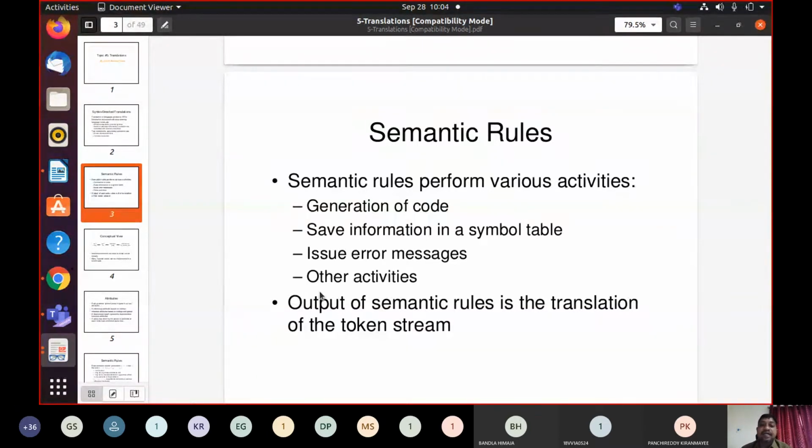It can perform other activities also, like generation of intermediate code or target code, saving information in a symbol table corresponding to the symbol under consideration, and if there is a semantic error, issuing error messages. So the semantic rules are the translation of the token stream, right?